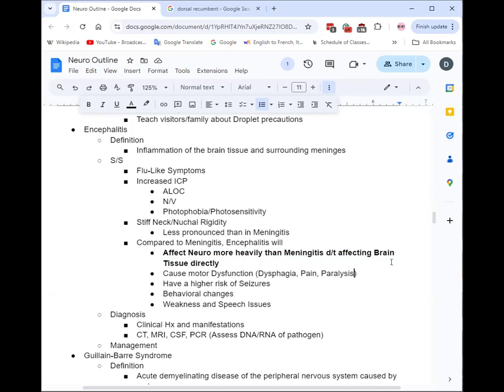And I can't imagine they'll actually make you do a differential diagnosis. You're not a doctor, but these are just things to keep in mind because I know they can get confusing because they're so similar. This would probably just be for your sake. Just know encephalitis, encephalo means head. So inflammation of the head versus just the meninges. This affects not just that, but also the brain tissue directly. So you can logic out that it's going to be heavier on you because your brain is directly involved.